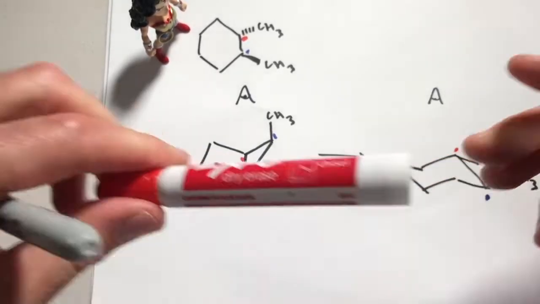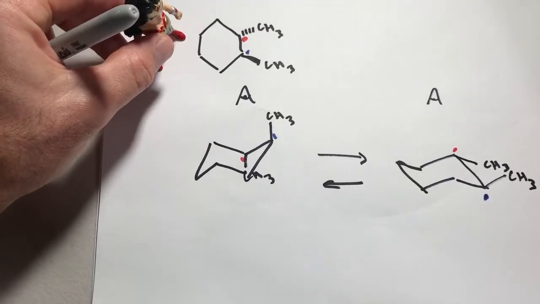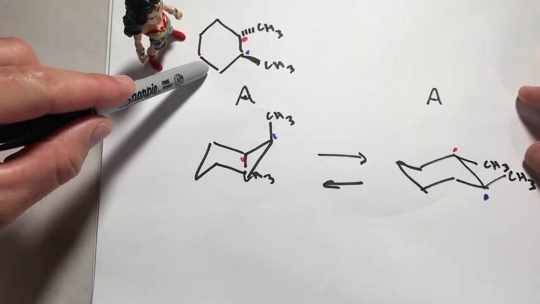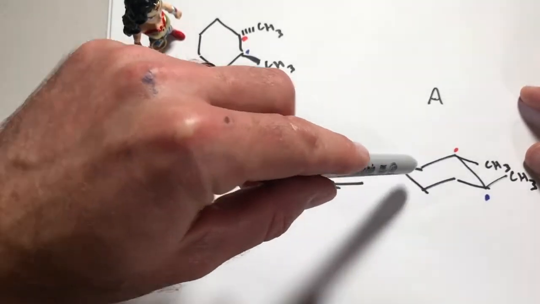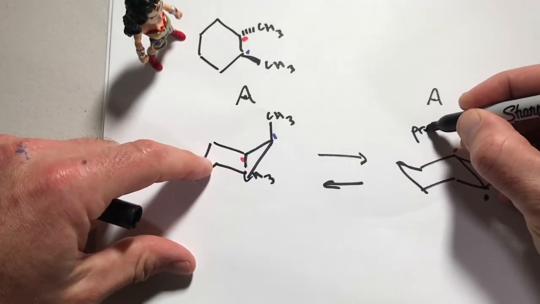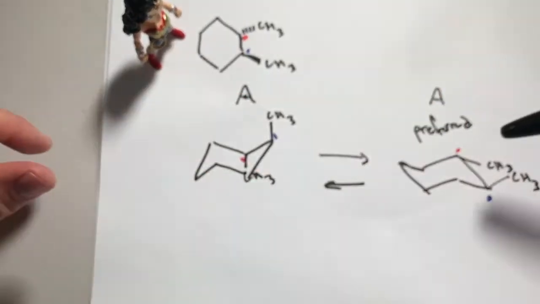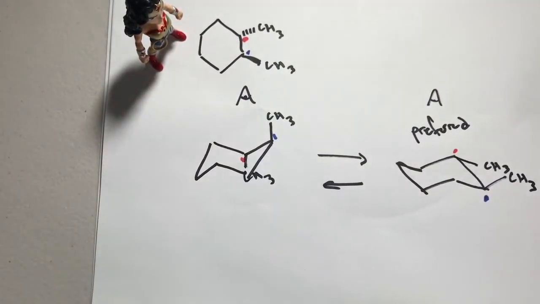So we'll be getting a lot more practice at this. In fact, I'll probably do one more in this video lecture. This whole idea of being able to take a flat cyclohexane and turn it into a chair conformer and talk about which chair is preferred. By the way, I'll just label this one, this is preferred, due to the minimum of 1-3 diaxial interactions. We'll see one more, and then in Friday's lecture, we'll start to throw a whole bunch of groups in there,